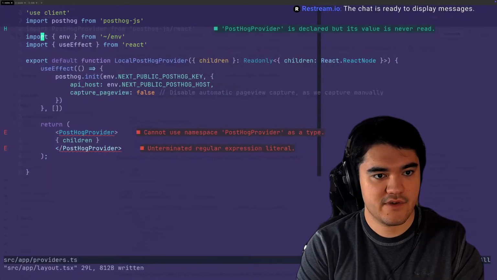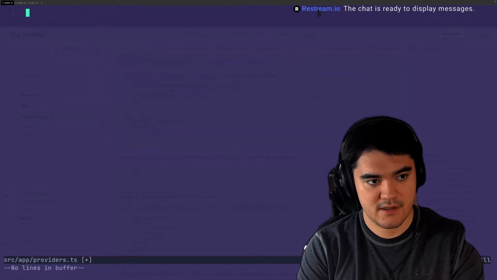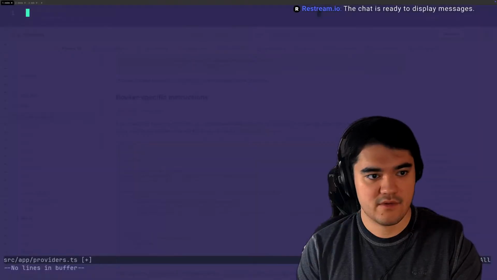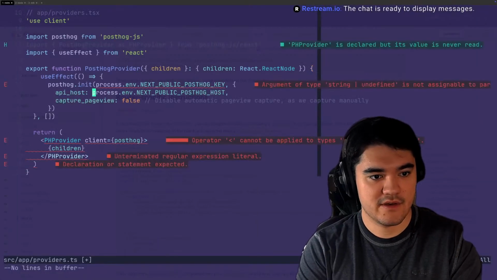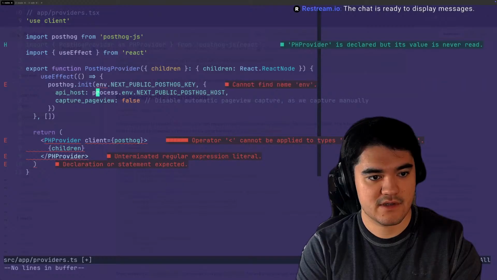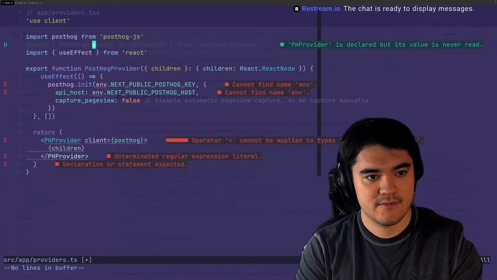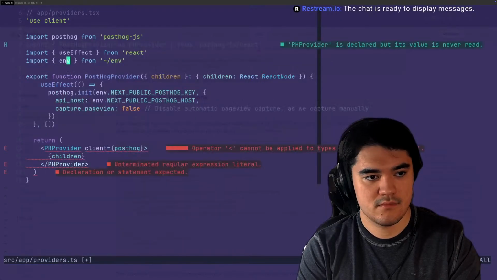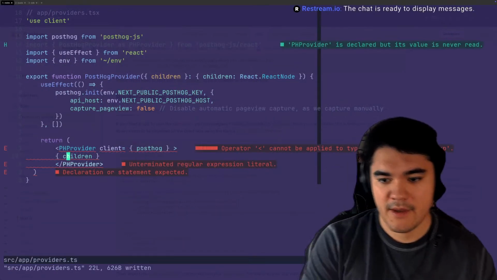All right, so if I look at, well, let's get rid of that again. If we just take this thing in vanilla and fix our environment variables. Right.